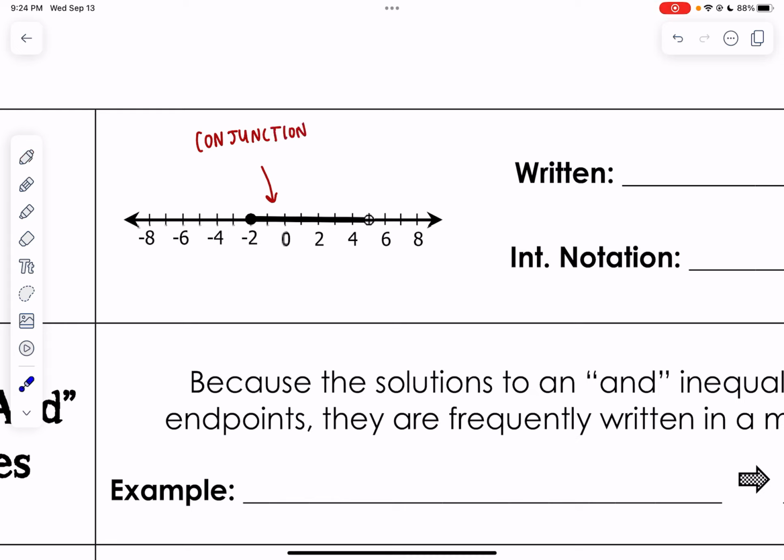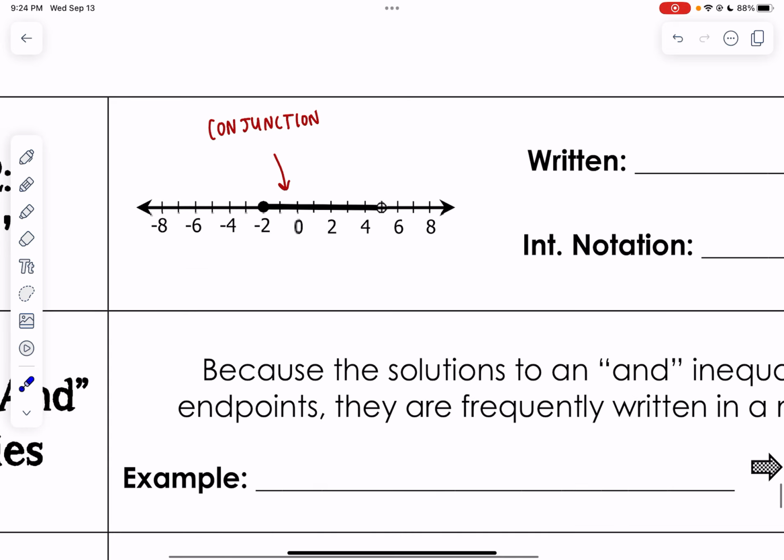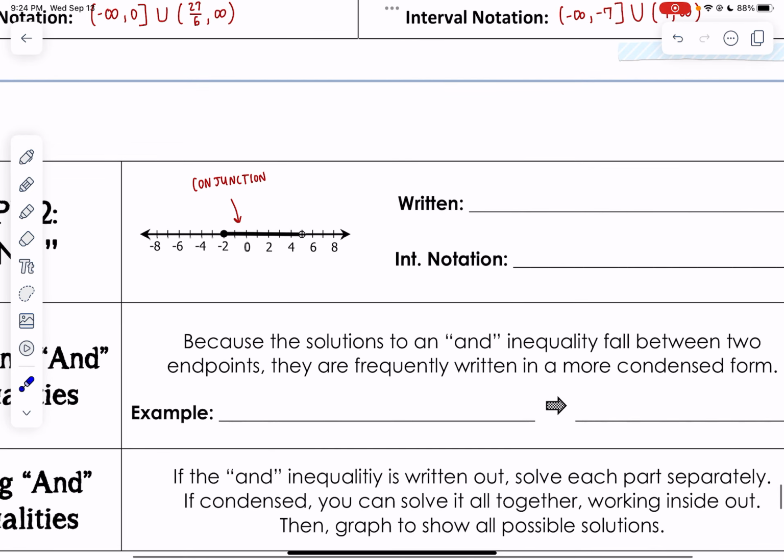So it's not a disjunction like we saw under the or compound inequality. This is what we call a conjunction for the and compound inequality. So let's talk about how an and compound inequality is written. So for the and compound inequality, we would write our inequality as, if we look back